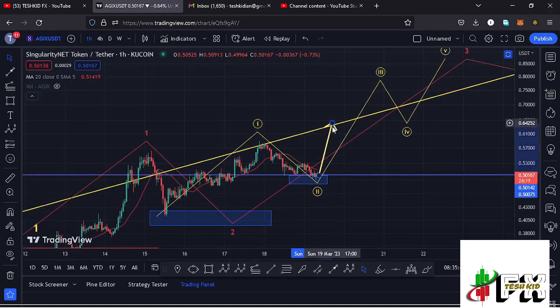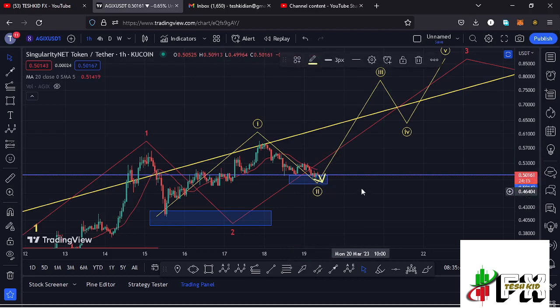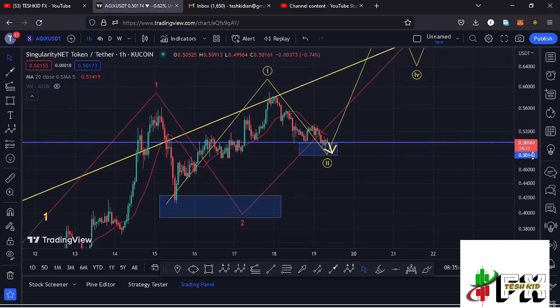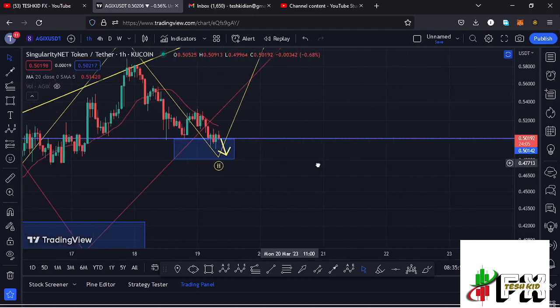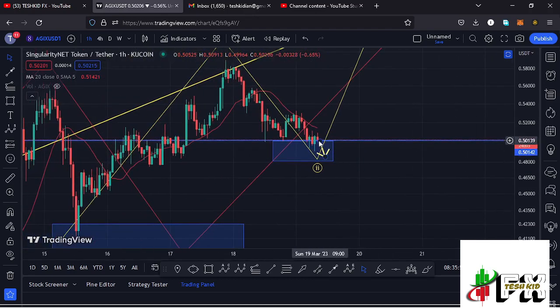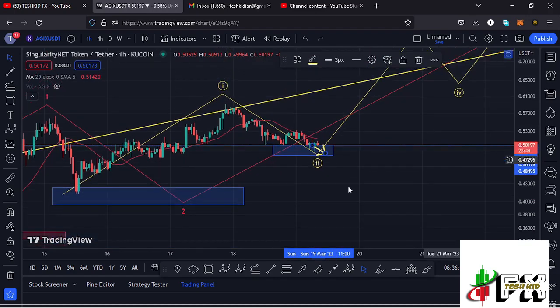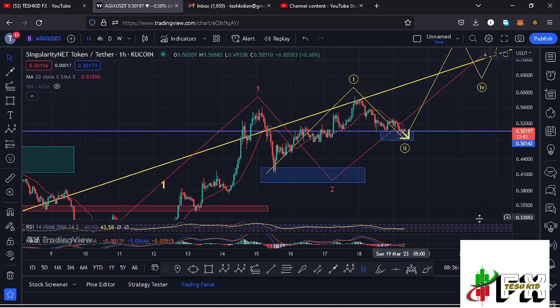But in case the breakdown continues, then we need to continue watching this blue target area down here in the formation of this wave 2 in a target area that lies between the $0.5 mark and the $0.48142 mark, and that is the minimum that I'll be expecting in case the breakdown continues over here. And it is within this blue target area that I'll be expecting AGX to continue holding within in case the breakdown continues. So that is what I'm expecting here on the short-term scenarios,